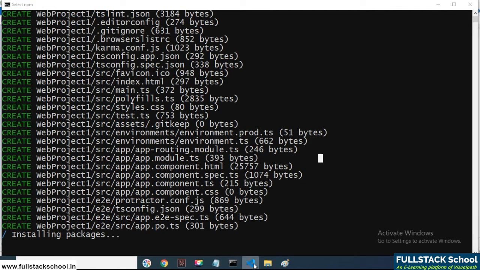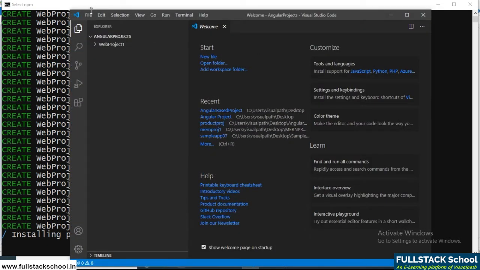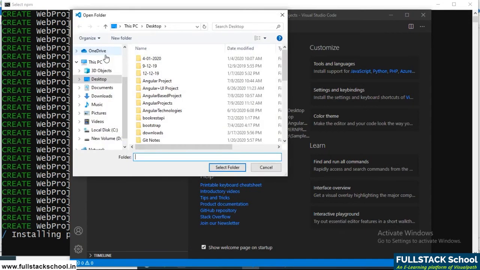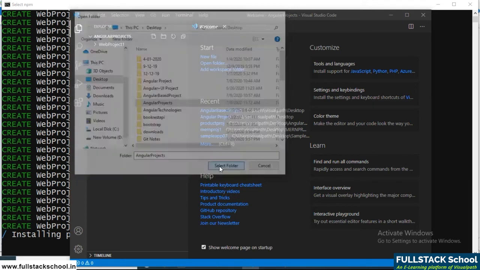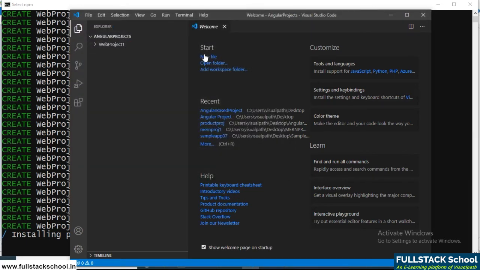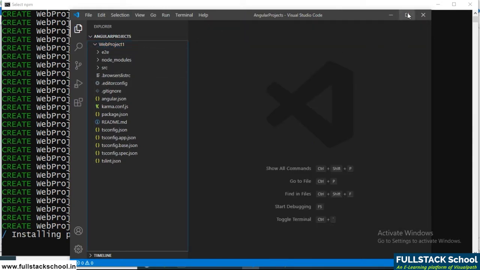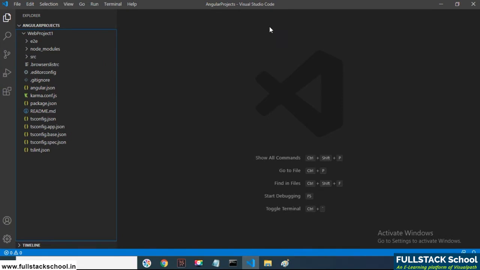Open the Visual Studio Code, just go to the open folder option, use Angular projects. Automatically the web project will be added along with some code, and this is the way we are creating a new Angular project from the command prompt window itself.